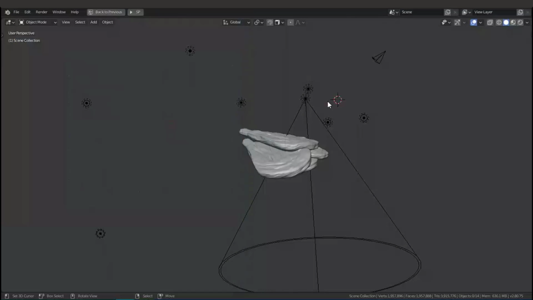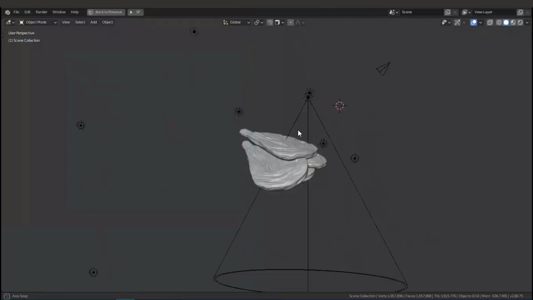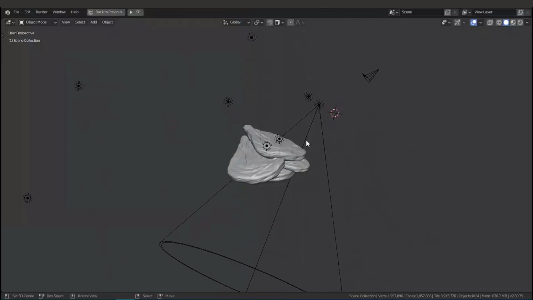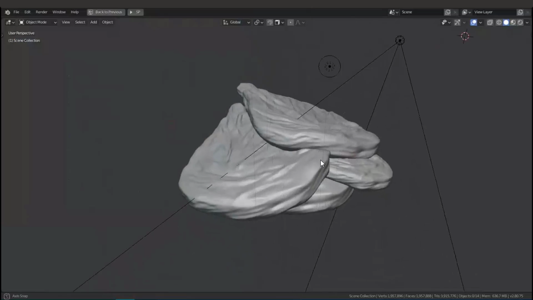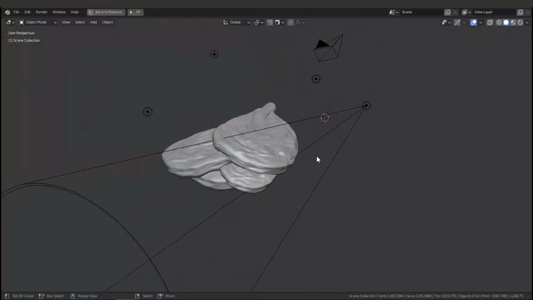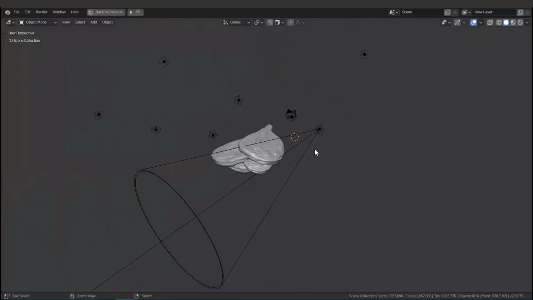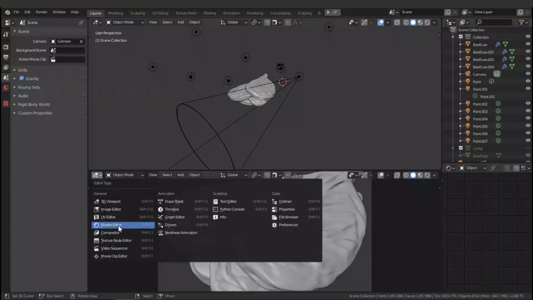Welcome to the last episode of the tutorial series on creating PBR from scratch in Blender 2.8. In this last episode we're going to take a look at creating the material,